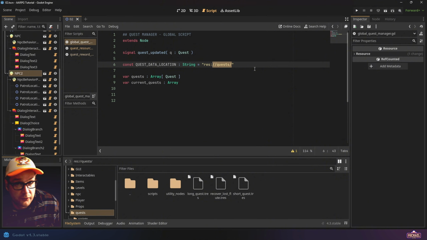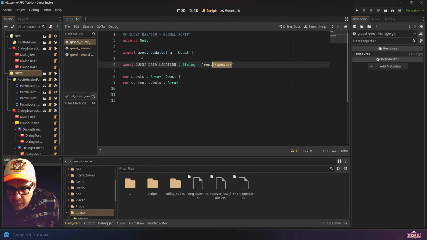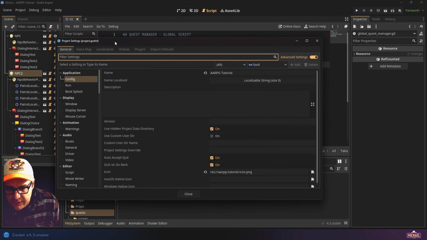Okay, all of the quest resource files need to be in that folder because that's where we're going to look for them, and we're going to use that to populate this quests array. All right. And lastly, before we move on and start really building this QuestManager system, let's go into project settings,